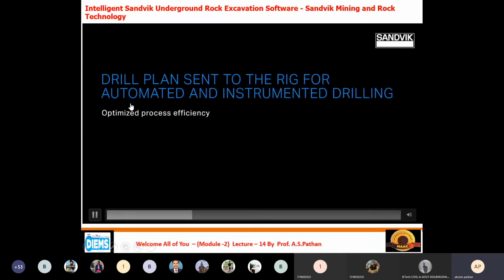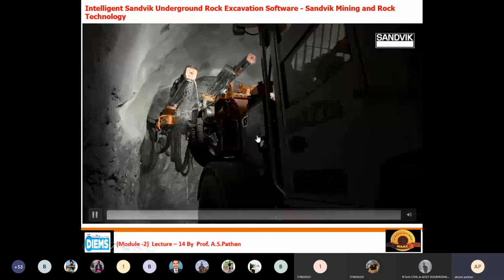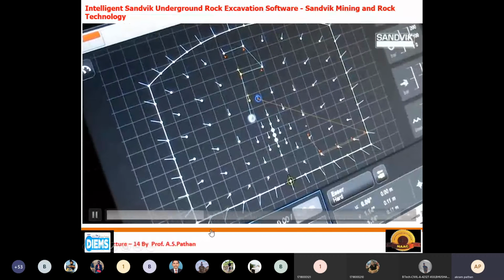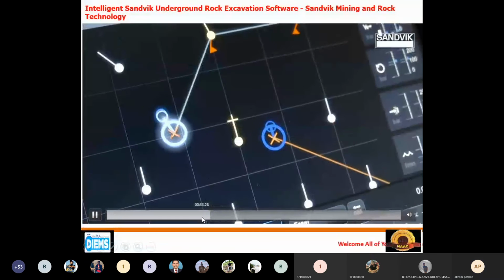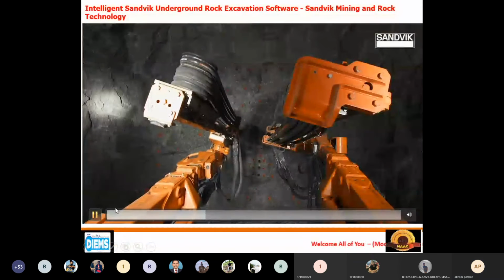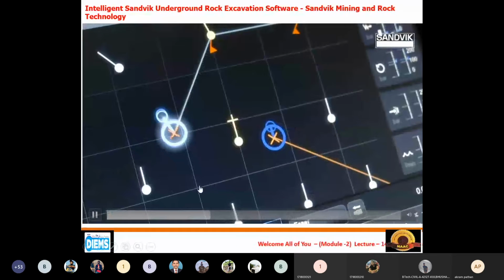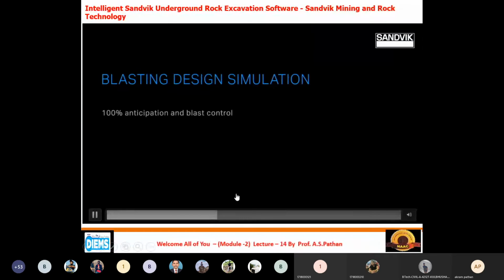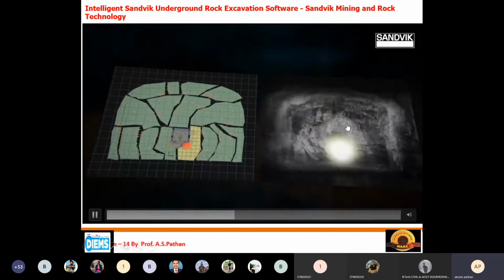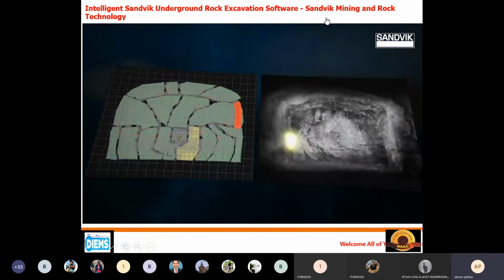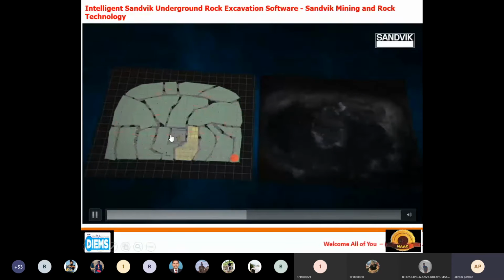Okay, I will explain all the things which are going on here. See here. Blasting and design we can do with the help of the Sandvik mining rock software.